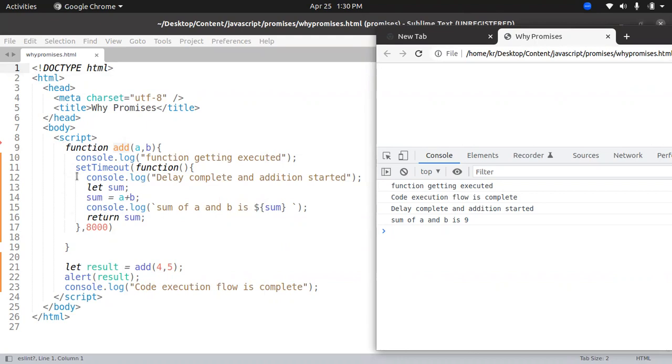And as far as I know, the only way in which we can solve this problem is using JavaScript promises. Let me just show you again an arrow diagram of how the code flow happens. So first we go with the first line, function getting executed. Then after that, code execution flow is complete. That means the entire flow is complete. So the code execution started from the top. And then after that,